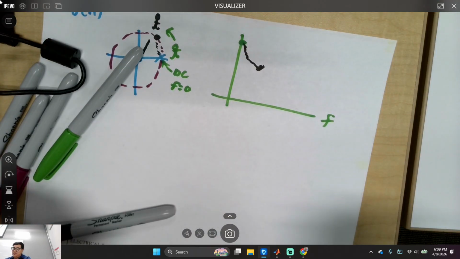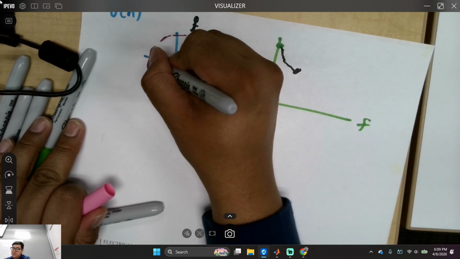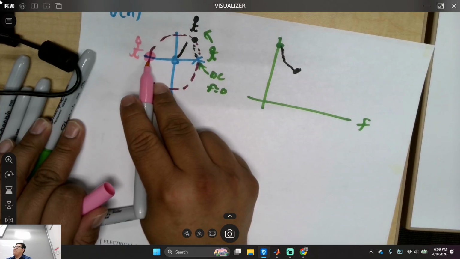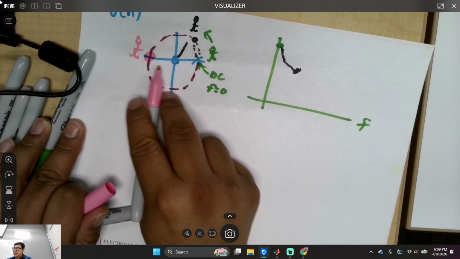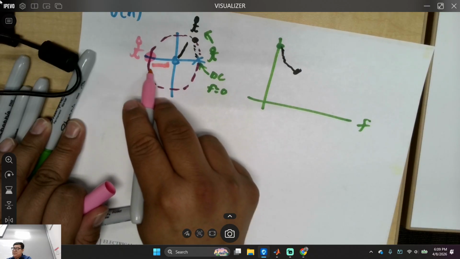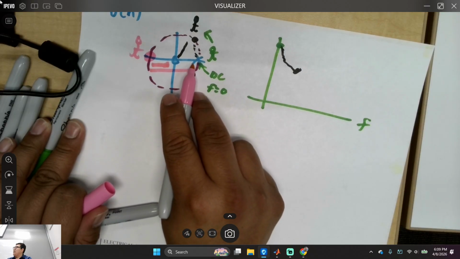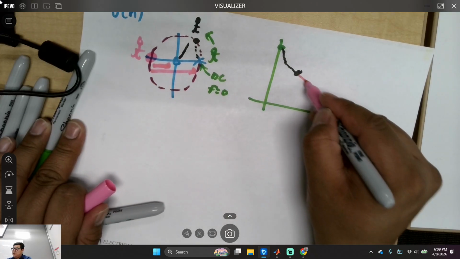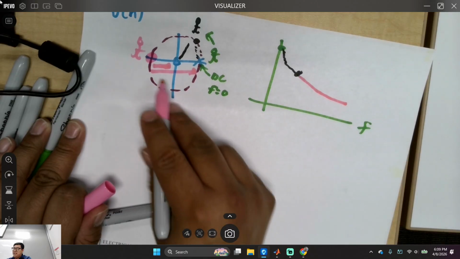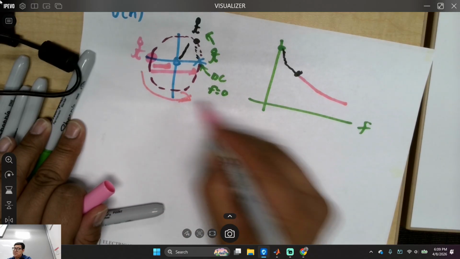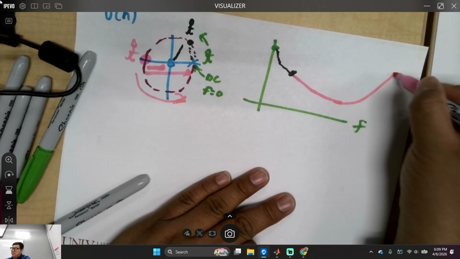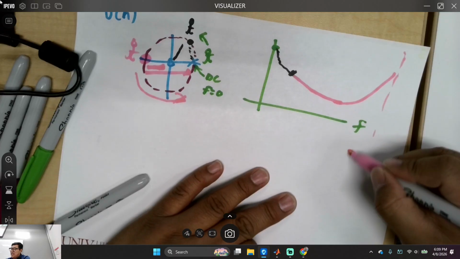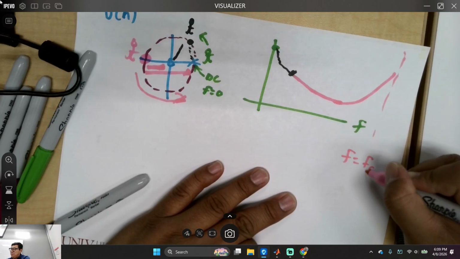But if I were, let me show you. If I were right here, right there, right? What's going to happen? Well, I have the 0 right here, right? But then I have this pole too, right? But which one's going to affect me more? The 0, right? So yeah, I'm going to be closer somewhere to 0. And then as I come around the circle, eventually I'm going to come back up to that DC, or that, what do you call it? F is equal to F sample.